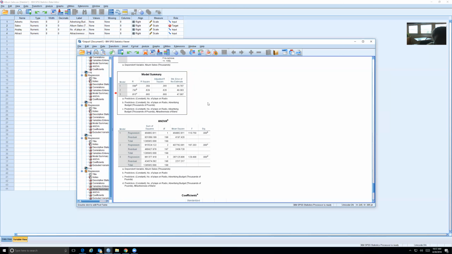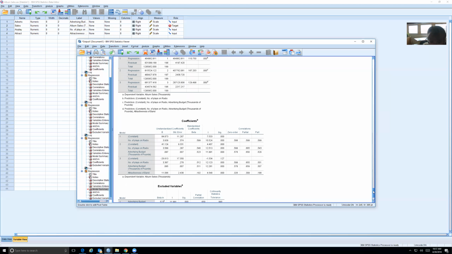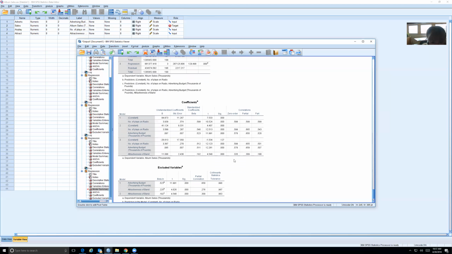And if you look at page 338, Field has the regression equation in there. And he uses the numbers from this ANOVA table. Well, actually, no. This ANOVA table tells us that these models are all significant. And he comes down now to the numbers from the coefficients table. These betas actually end up being helpful numbers. And so here he's got numbers for, in this last model, number of plays on the radio,